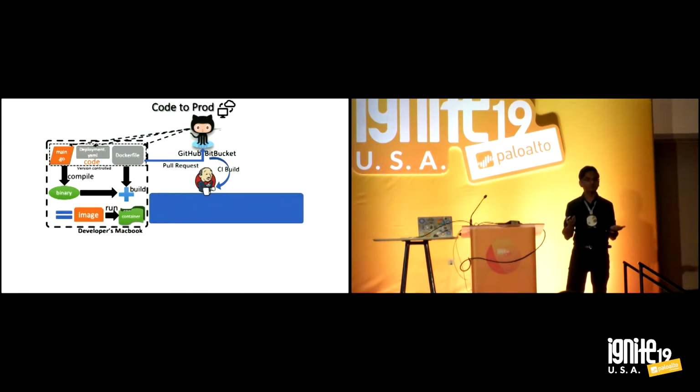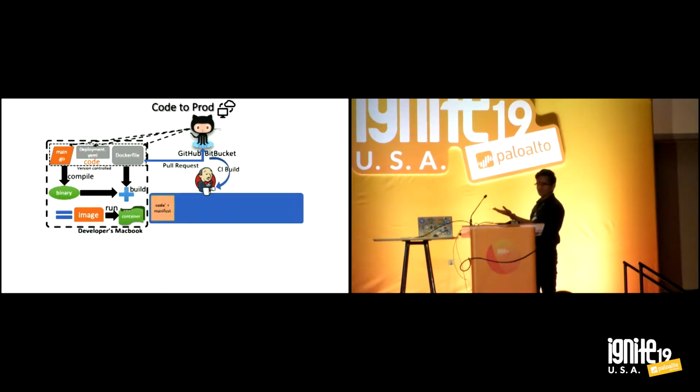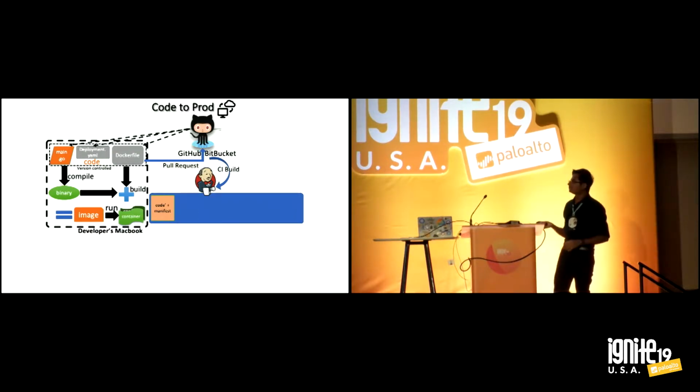Jenkins is one of the most famous CI tools. This is a typical pipeline. This is what it looks like. It checks in the code that you checked in with the new changes and manifest, runs a bunch of unit tests.